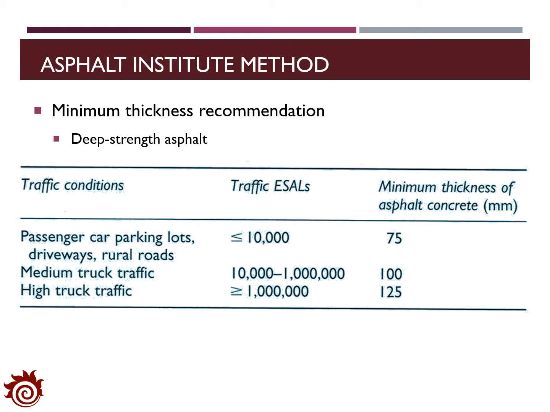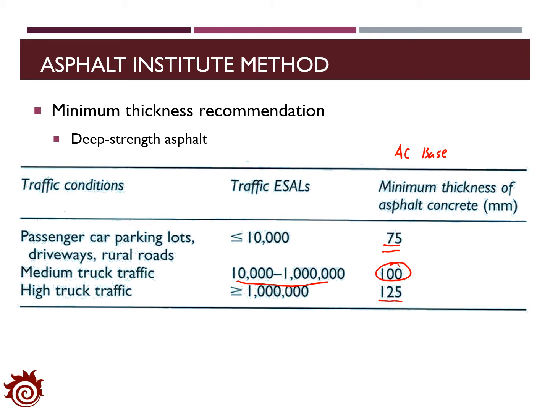Based on the traffic loadings applied to the pavement, there are some requirements about the minimum thickness of the asphalt concrete layer, which is the asphalt concrete base layer for the deep strength asphalt pavement. When the ESAL is less than 10,000, the minimum thickness is 25 millimeters. When the ESAL is between 10,000 and 1 million, the minimum thickness is 100 millimeters. And when the truck traffic is very high, more than 1 million, then we should have the minimum thickness of